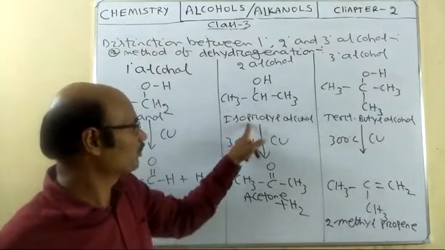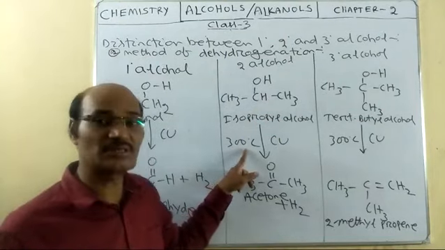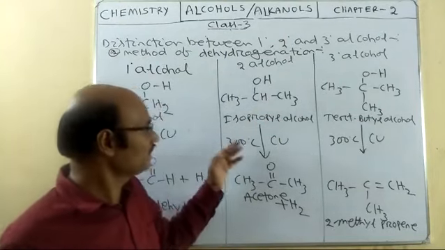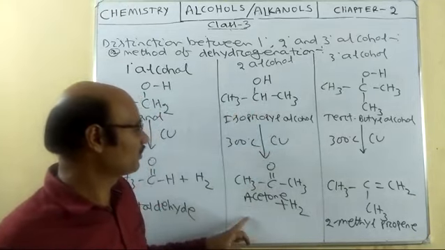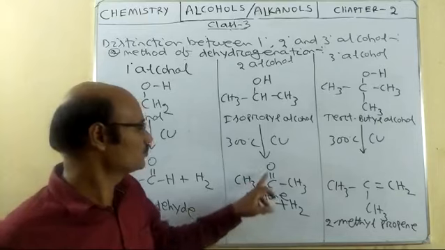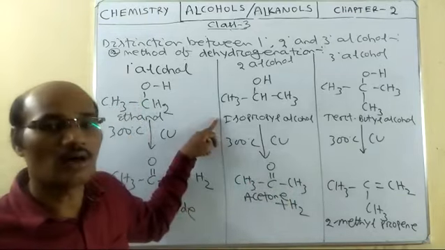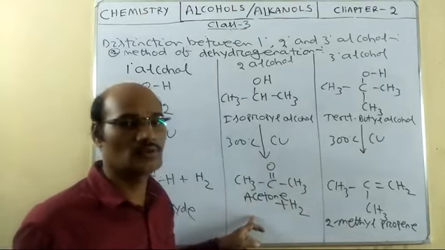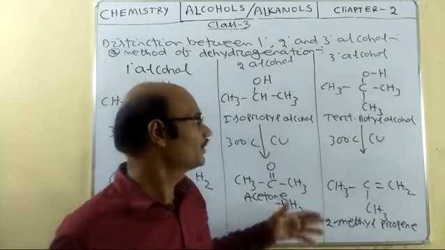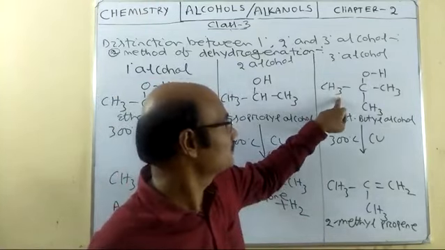CH3CHOHCH3, isopropyl alcohol, when heated at 300 centigrade in the presence of copper, then the same dehydrogenation will take place with the formation of what? CH3COCH3, a ketone. So secondary alcohol on dehydrogenation forms what? Ketone. At the same time, if you do the same process for the tertiary alcohol,